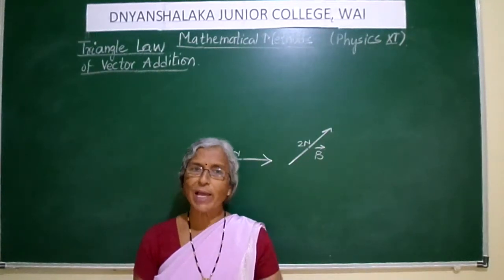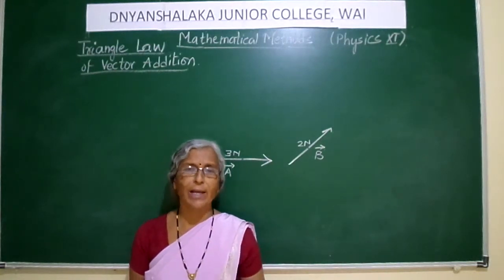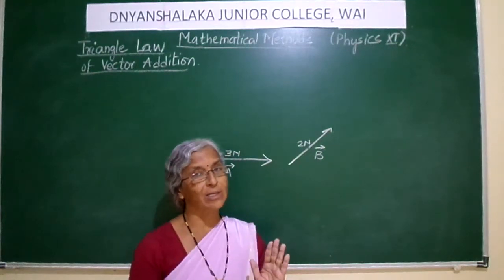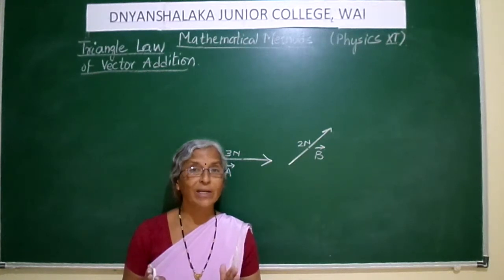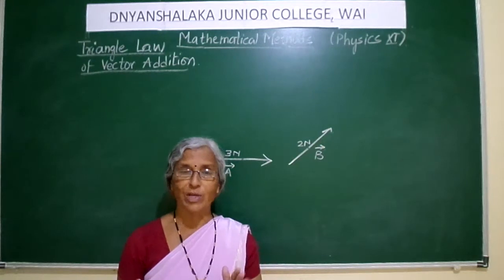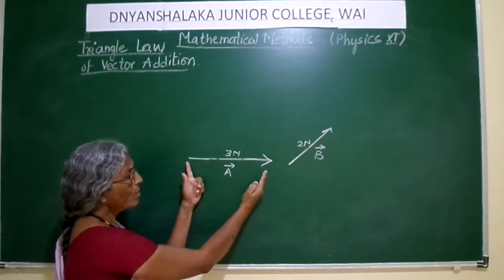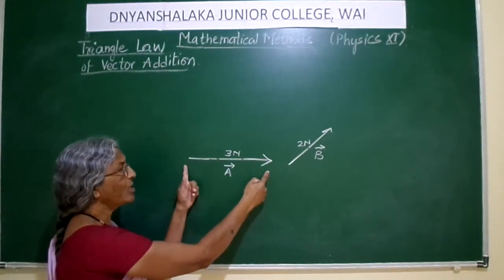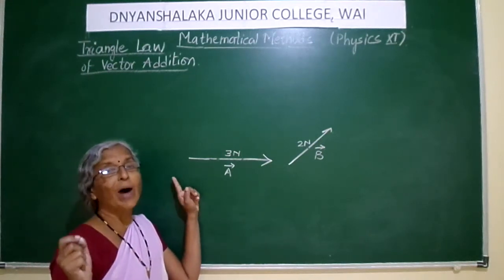First I will explain how we can do it, and then we will write down the triangle law of vector addition. Okay students, now be attentive. You are also going to do the same and find the resultant of the vectors that I am going to give you by the end of this video. Now what am I doing? Let me take vector A, its direction and its magnitude, as a side of a triangle.